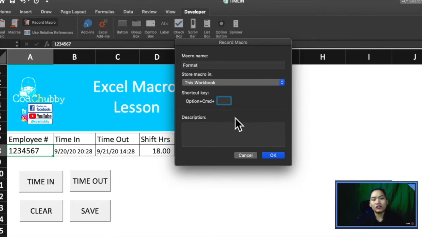Kunyari, pag option command F or control shift F, ibig sabihin may option command F na existing, so binago yan, no? Control shift F. Pag pinindot yan, mag-run yung macro, pero optional naman yan, so wag na natin lagyan kasi for sample lang naman to. You can also add a description here. Ngayon, if I click OK,